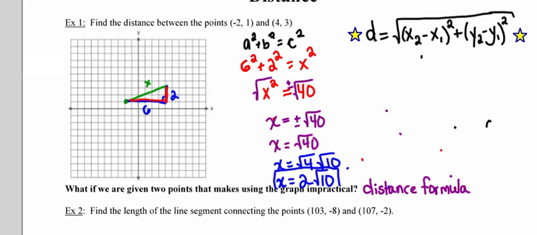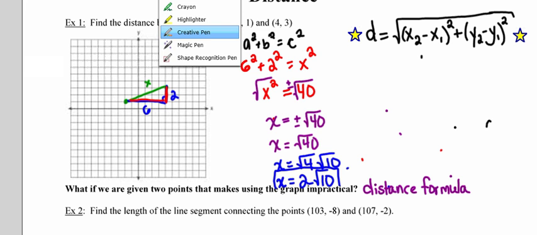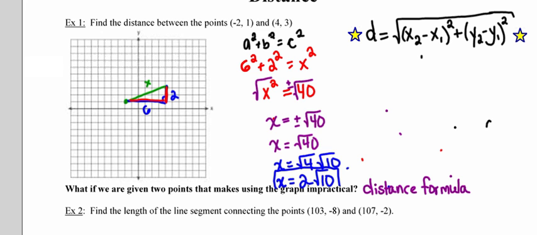memorized. So you might be saying, well, Ms. McKeon, this distance formula looks like a great little formula, but how do I use it? Do I plug in -2 for the first x, or do I substitute in 4 for the first x? And the answer to that, it really doesn't matter. The distance between (-2, 1) and (4, 3) is exactly the same as the distance between (4, 3) and (-2, 1). So the order in which you plug or substitute these numbers into the formula doesn't matter as long as